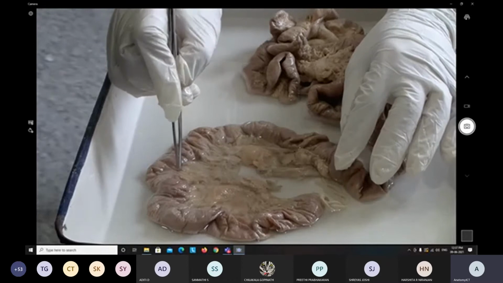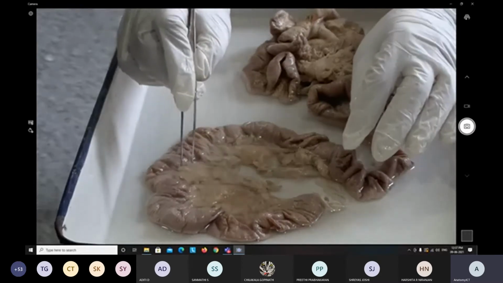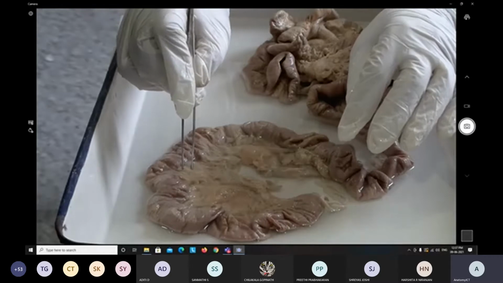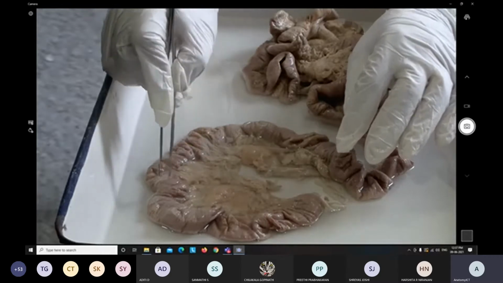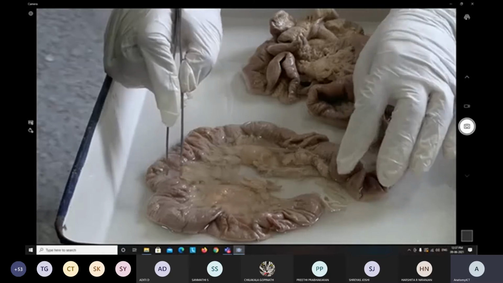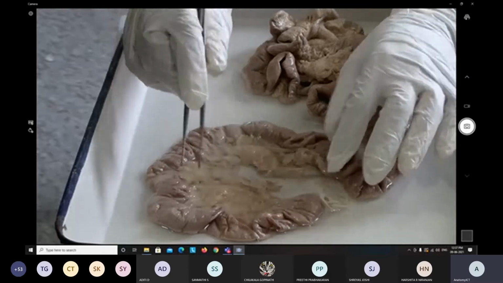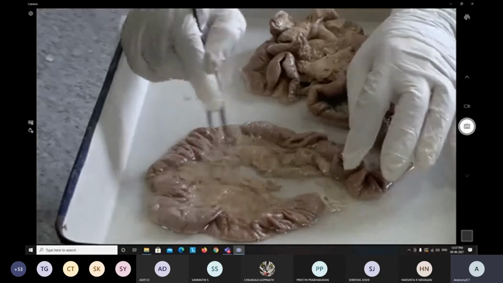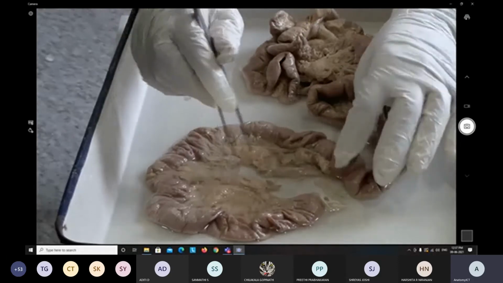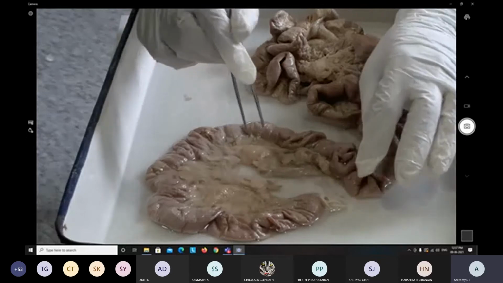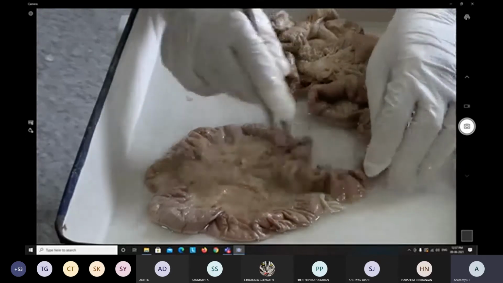There is an epiploic artery which supplies the margin of the small intestine, that is the right side of the greater curvature of the stomach, and a few splenic branches which come and supply some part of the small intestine. And the vein ultimately drains into the superior mesenteric vein, and the duodenal vein ultimately drains into the inferior vena cava.